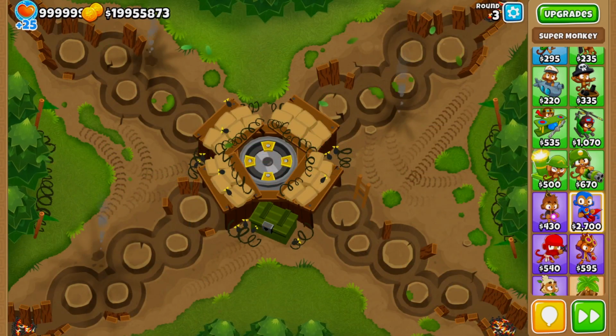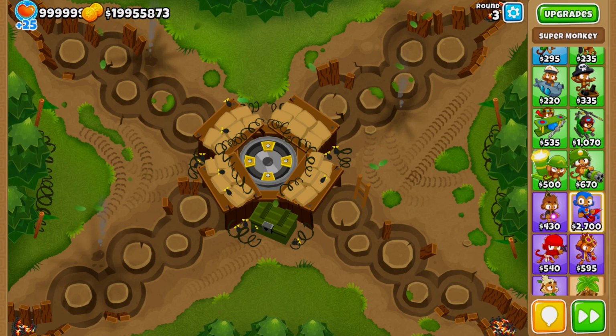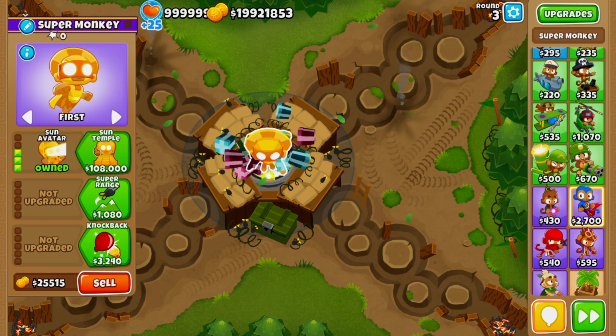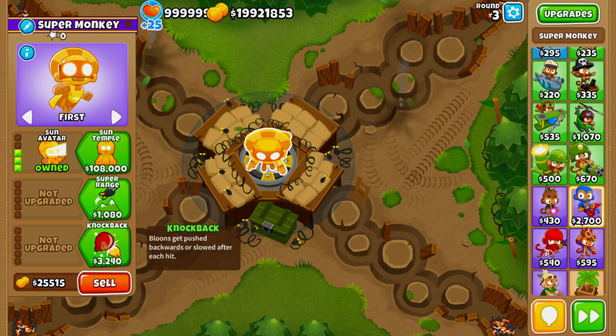Alright guys, here we come to the end of our list, and coming in at the number 1 spot for the tier 3 towers in Bloons Tower Defense 6, I think it's going to come to nobody's surprise that I'm going to be going with the Super Monkey upgrade to the Sun Avatar. So the reason why I chose to go with the Sun Avatar, I do know it's a little bit more of a pricey tier 3, but when it comes down to it, it does have the ability to knock back